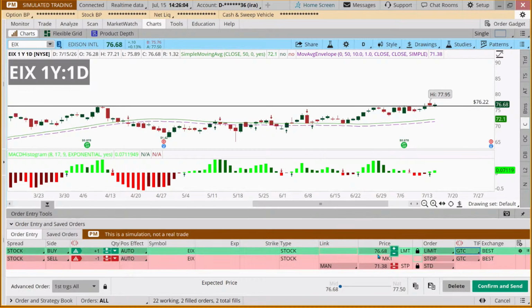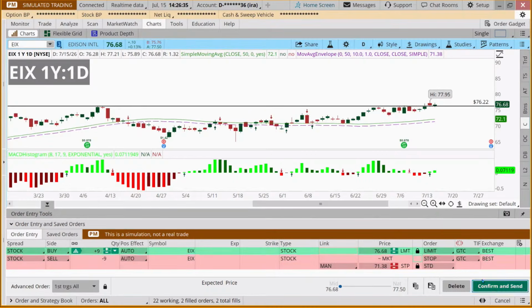But if we buy 10 shares of this, that's going to be $766. And so we also determined that we don't want to invest more than 5% of our portfolio value in any one position. So the maximum on that, if we have a $10,000 portfolio, would be about $500, or in this case, we could probably do about 9 shares. So I'm just ballparking that. I'm going to put 9 over here on my purchase. I'm going to click this little link right here and lock those together.